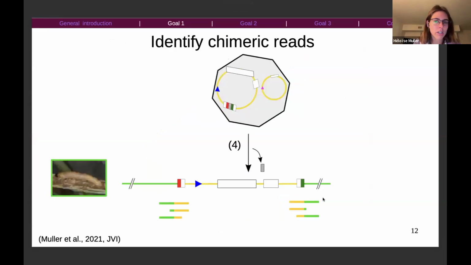So once we received the raw Illumina reads, we had to look for chimeric reads. So what is a chimeric read? If I show you again the step of the DNA circles integration in the genome of the caterpillar, you can